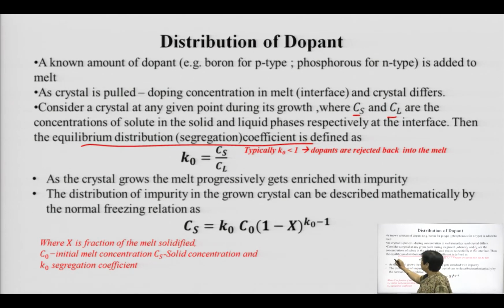So, therefore, you need to know the equilibrium distribution or segregation coefficient. Now, this coefficient is the ratio of the concentration of solute available in the solid to the concentration of solute available in the liquid phase. This ratio is always typically less than 1, because as the silicon is solidifying, the dopants or the impurities are rejected, and the concentration of impurity in the molten silicon